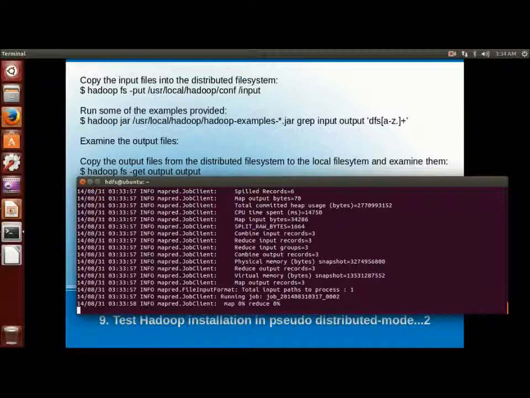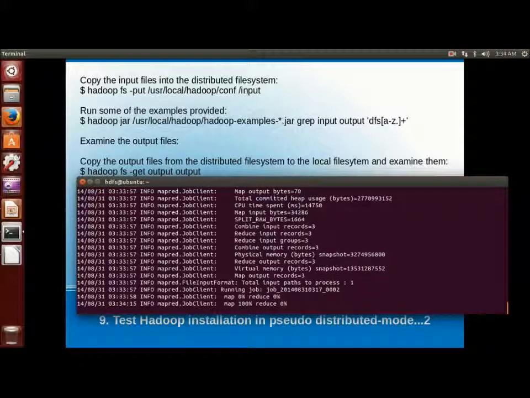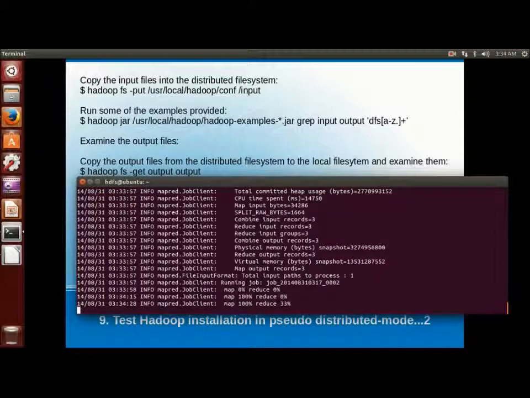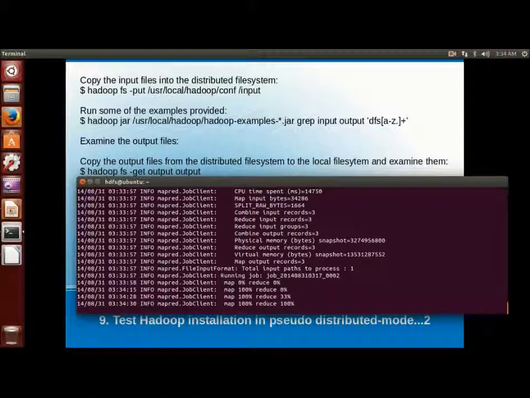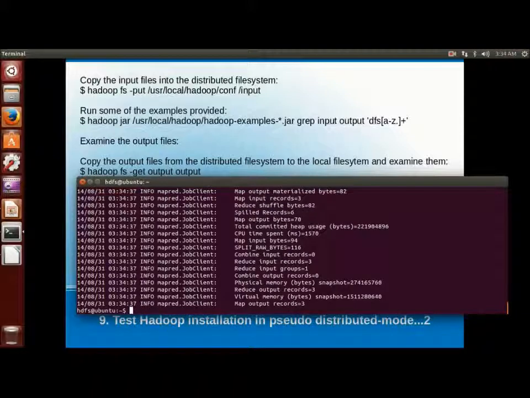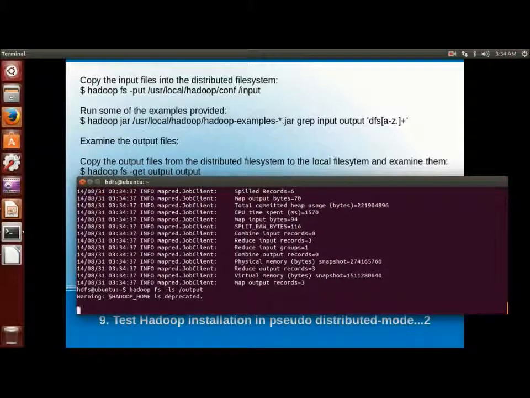Okay, so it is invoking one more set of map and reduce processes. All this invocation or creation of map and reduce jobs will be taken care of by the job tracker and the name node, depending on the input data, how much data there is and where the data is. So finally my MapReduce task has been completed and all the counters will be displayed as part of the log.